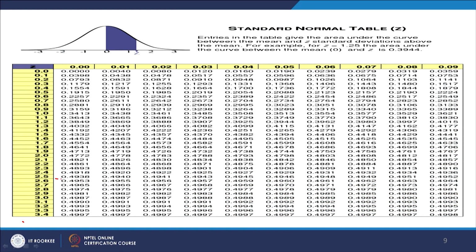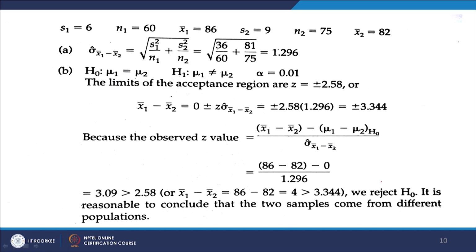So, 2.5 here, this is the one, 2.58 I think, no, this is the one, 0.4951. So, 0.4951 is basically nothing but 0.99 divided by 2, isn't it. So, that is your table critical value, and what we have to find out is this, in the first part of the question.